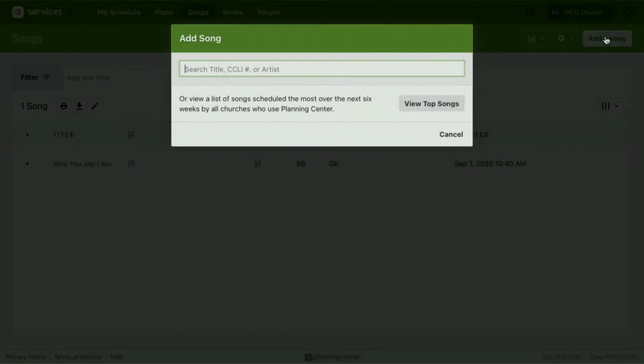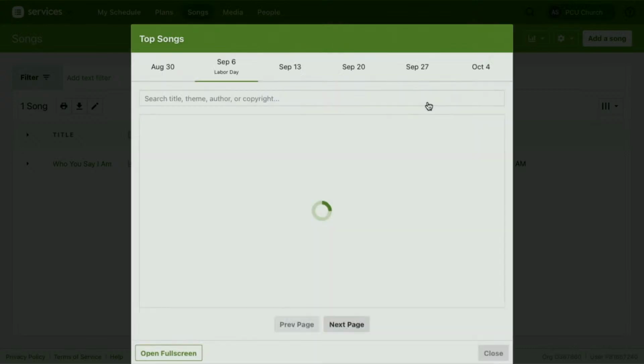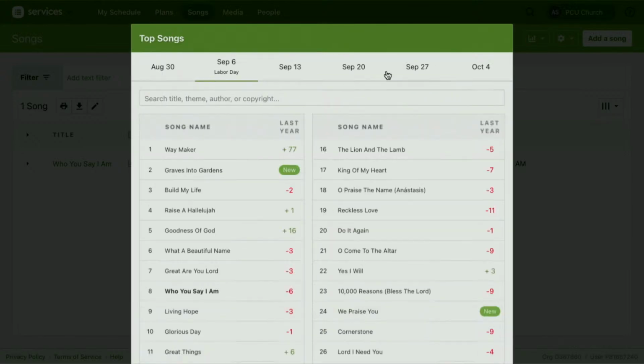So when I click Add a Song, instead of just searching, look at this down here: or view a list of songs scheduled the most over the next 6 weeks by all churches who use Planning Center. View top songs. Oh, okay, this is awesome. Planning Center has over 60,000 churches that are using it. And top songs is going to look over the next couple of weeks and tell you what all the other churches are doing. What are the most popular songs that all churches are using for September 6th, which is Labor Day weekend here in the United